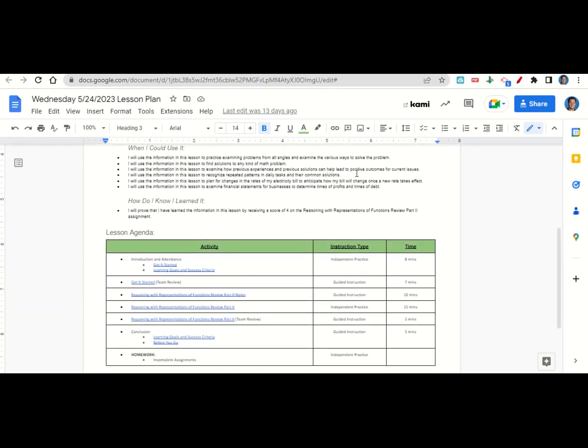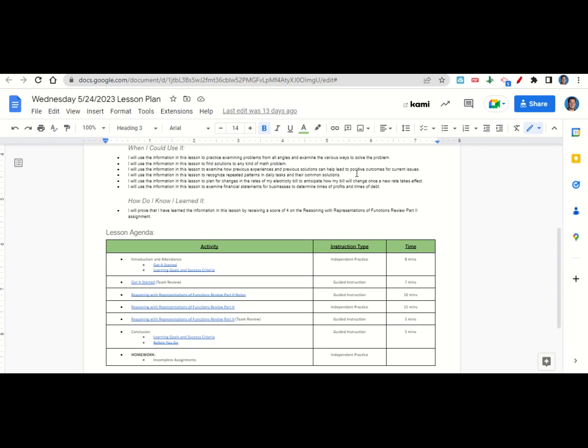Now let's take a look at our agenda for today. We will begin by going over the learning goals and success criteria. While we do that, you'll fill out your Get It Started. Once you've completed your Get It Started, we'll go over it together and answer any questions that you may have. After that, we'll go over the Reasoning with Representations of Functions Review Part 2 notes, and then I'll give you